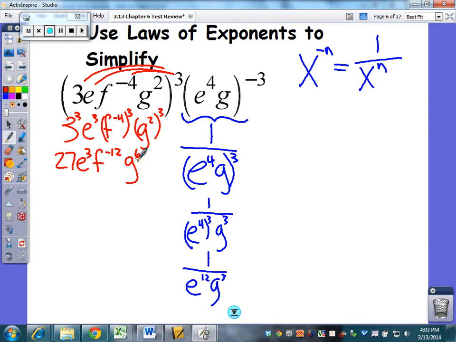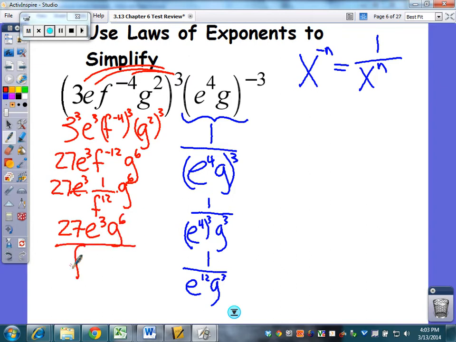Okay? But again, this f to the negative 12 is the same as 1 over f to the positive 12. And again, we still have 27, e cubed, g to the 6th. So when we multiply all of this together, we get 27 e cubed g to the 6th over f to the 12. Now when we multiply this to this, we're going to take this whole thing right here